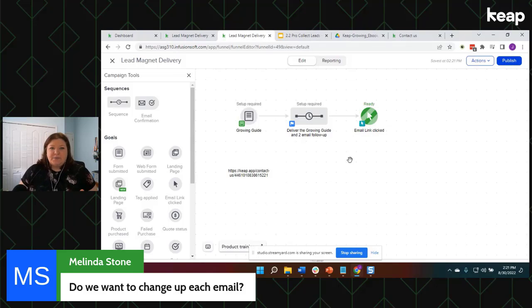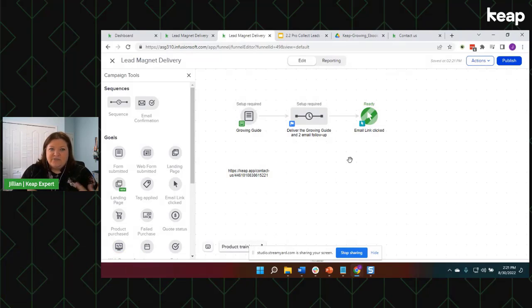Because consider it this way. You're building reciprocity, you're building trust, you're building a relationship with the person that you're emailing. And if they're getting the same email over and over again from you, you're not giving them any new information. And the emails that you're sending out are encouraging them to take the next action that you want them to take. Really strategically, from a strategic standpoint, you guys,